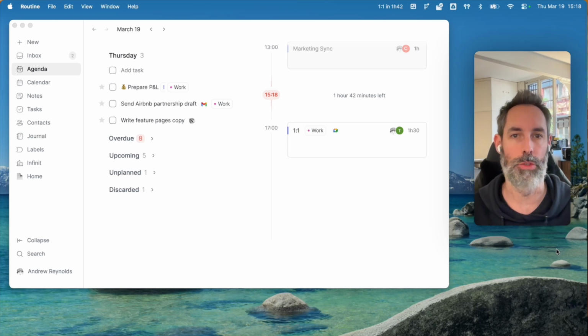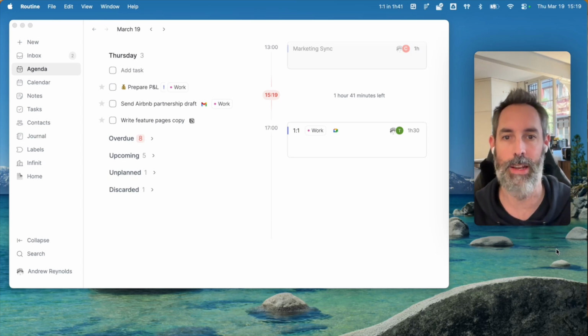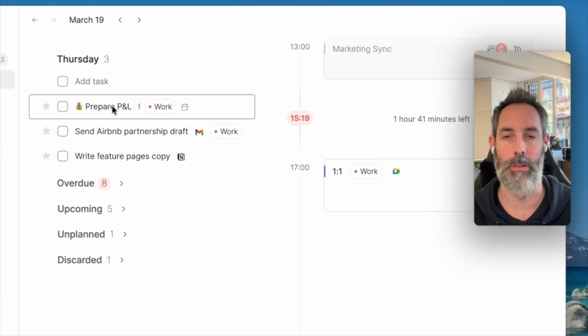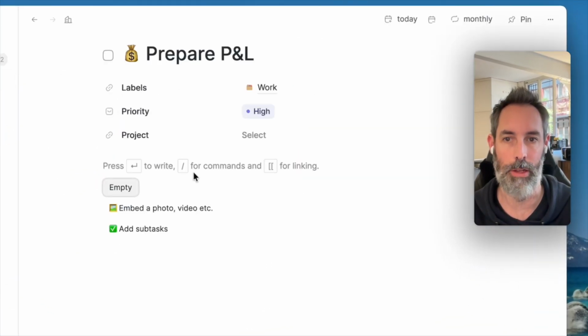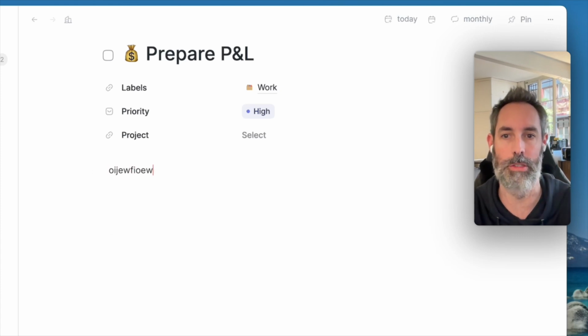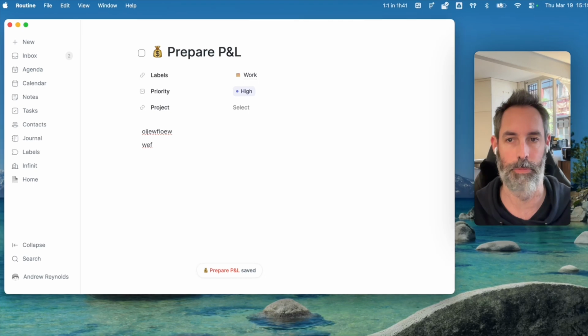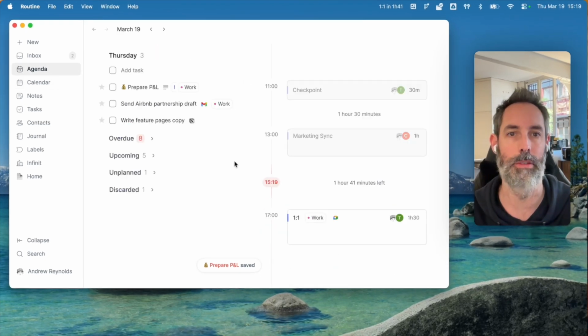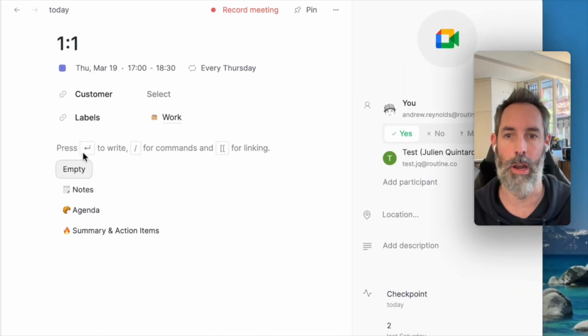In Routine, you can take notes on anything. Tasks, events, contacts, but also the objects that you create in a team environment. To give you an example, you can take this task. Double click it and you will see that you can take notes by just pressing enter. Press enter and start typing. As simple as this. The same is true with events, where you can open an event and likewise you can